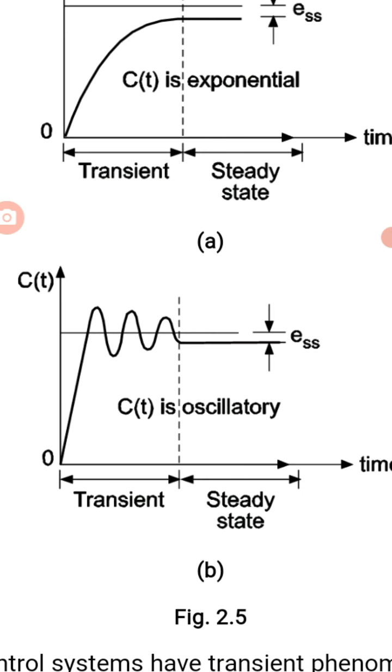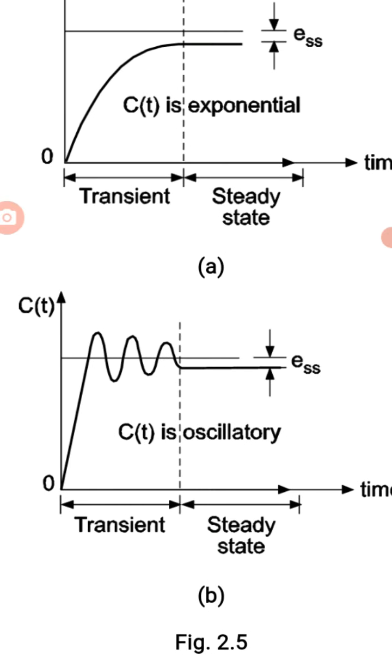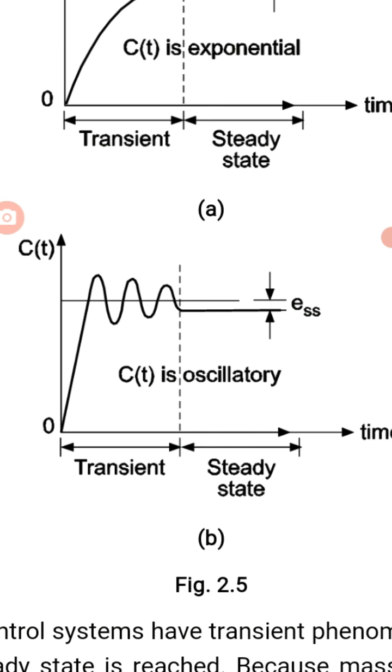Why has it happened? Because the system will not respond immediately, and we tried to make the system respond immediately, or we are making a faster system, but it will not be so fast as the input. So the thin line shows the input line and the thick line shows the output line, or response of the system, and this output line is oscillatory in nature.